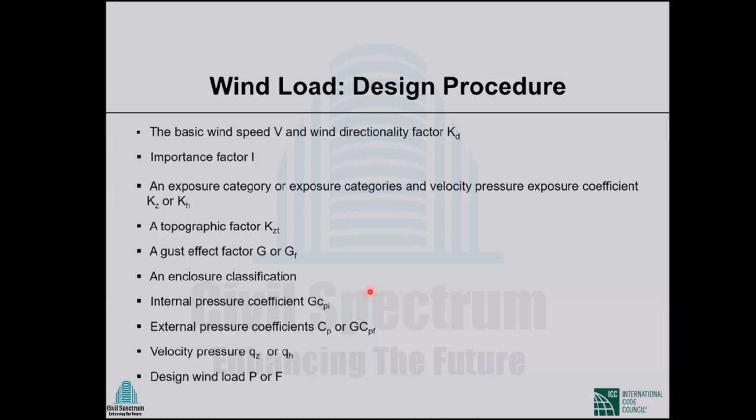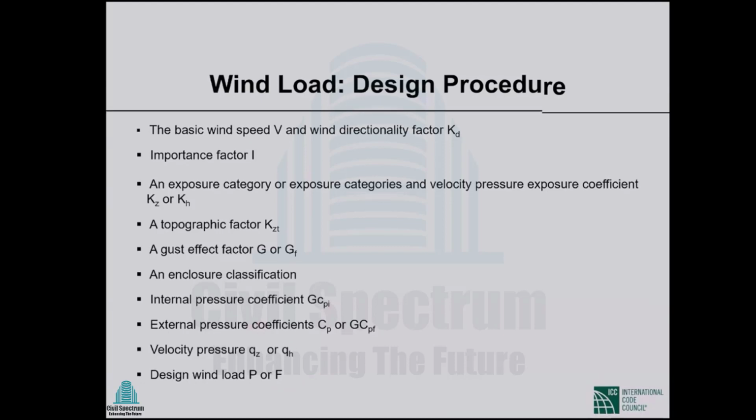Internal pressure coefficient, it was there in the earlier version of the code too. External pressure coefficients were also there, so these should be familiar to you. And there are a lot of tables from which you can determine these quantities. Velocity pressure, the formula is different now. To calculate pressure, all these factors will be needed. And once you can calculate the pressure, then from the area you can calculate the force. So basically, there are many different factors that you have to calculate this time.